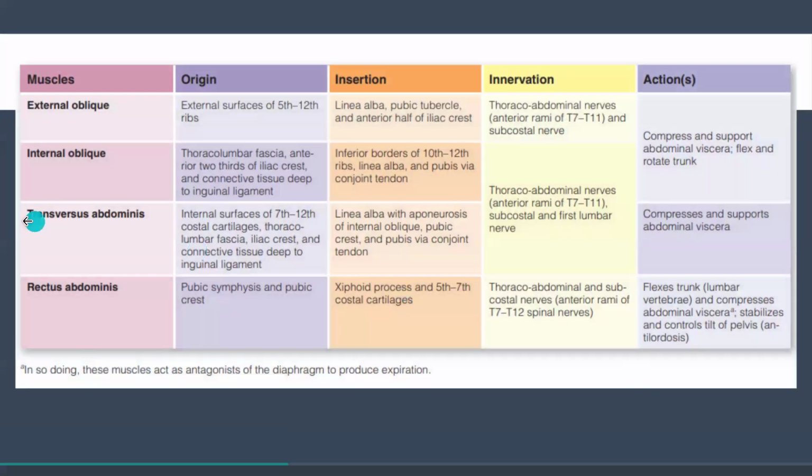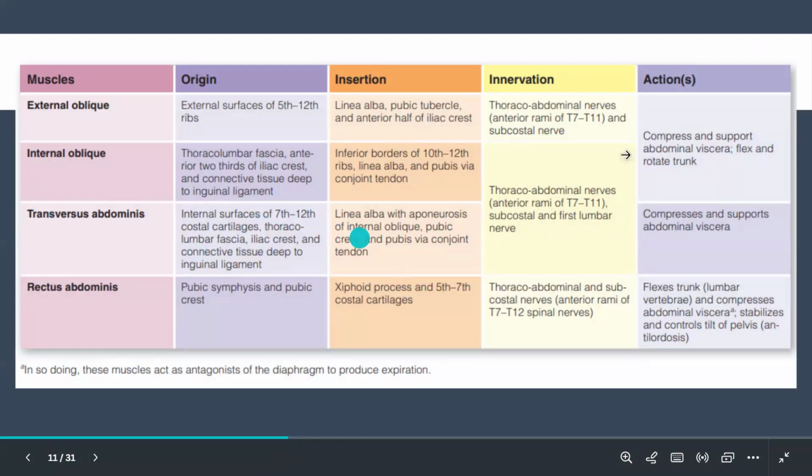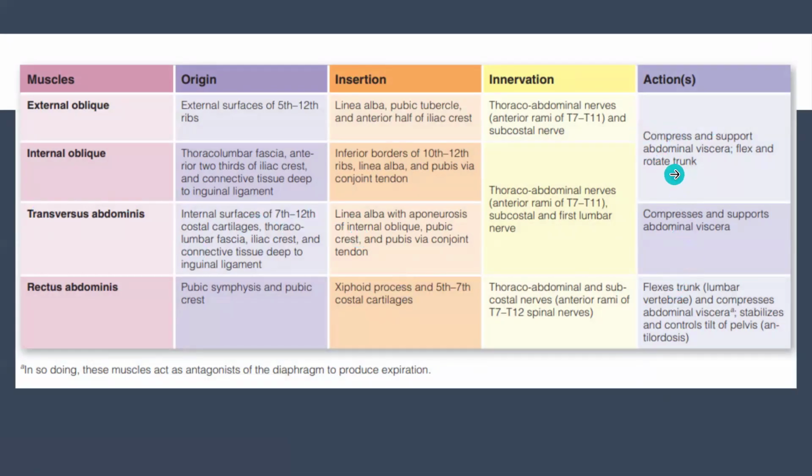And if you look at the origin and insertion of each, you also know that the action is to compress and support abdominal viscera, and the major function is flexion and rotation of the trunk, like you have in abdominal push-ups, okay? While the innervation is very easy to remember, I need you to know about the innervation